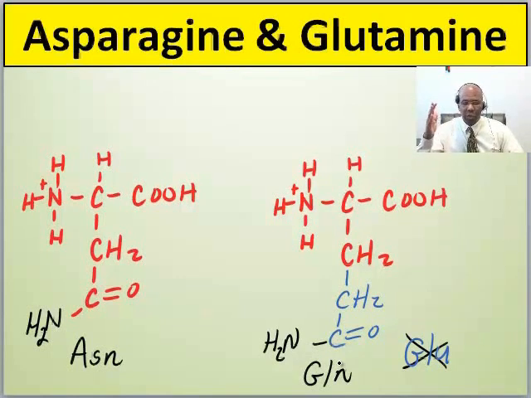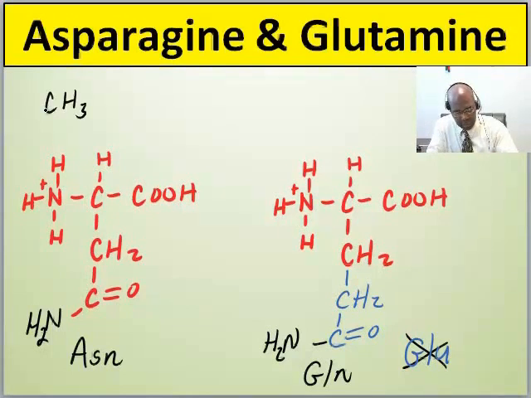And now all you have to do is just remember, okay, which one do I add the carbon to? Which one do I add the NH2 group, the amino group to? If you want to remember, it's still good to know what those parent side chains are. And so this parent R group here, I'm just going to draw the parent R group up here. It's going to be CH3,